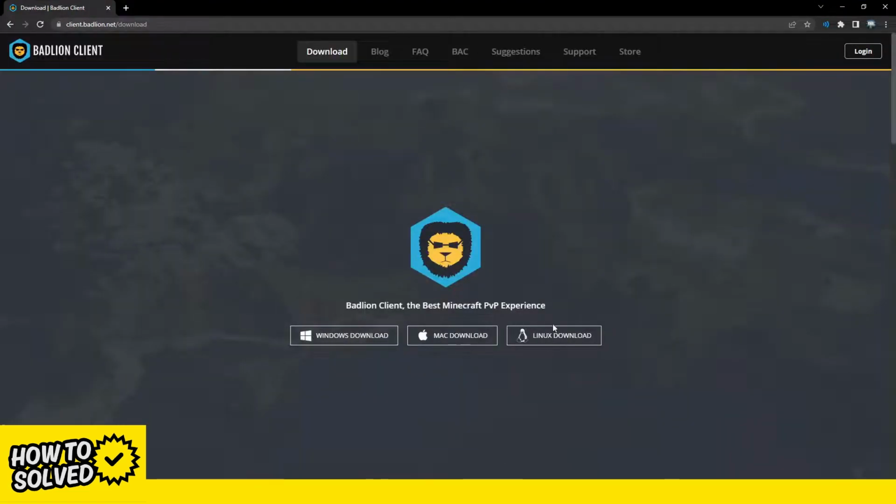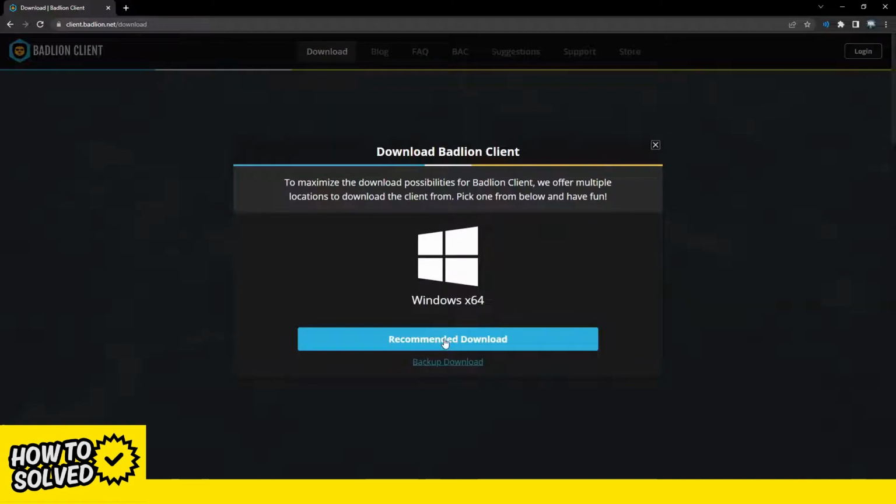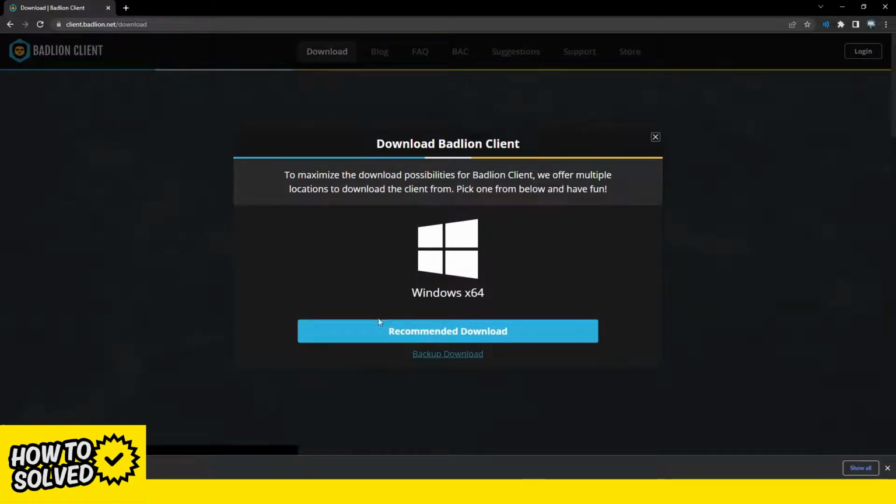Windows download, Mac download, and Linux download. It depends on whatever operating system you are using. I'm using Windows, so I'm just going to click on Windows and click on recommended download. And then this file is about 126 megabytes, and it's taking a few seconds, especially with my slow internet, but